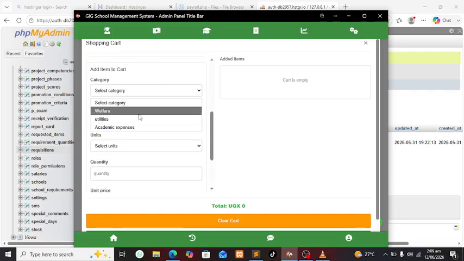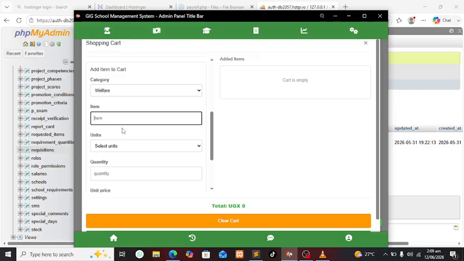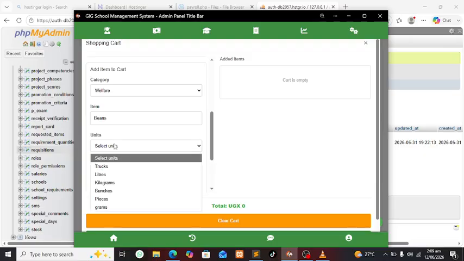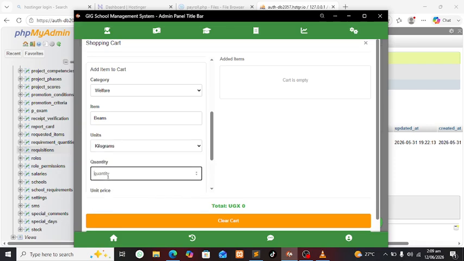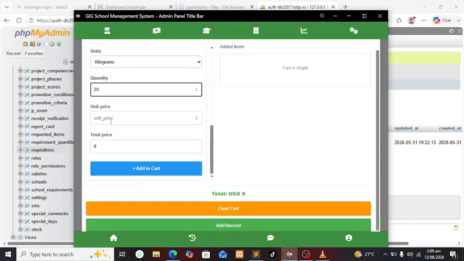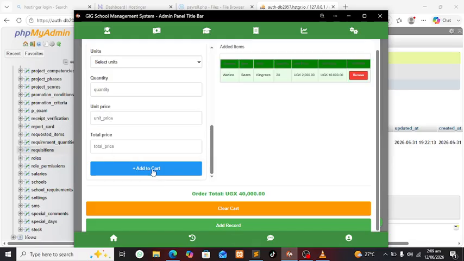You can select the category. This will be welfare. So the person might want to purchase beans. So you select beans here. So here also the items have to be selected. You don't have to manually write. You can select the units. This is kilograms. You want to purchase 20 kilograms of beans, and each kilogram costs 2000. I can add that item,